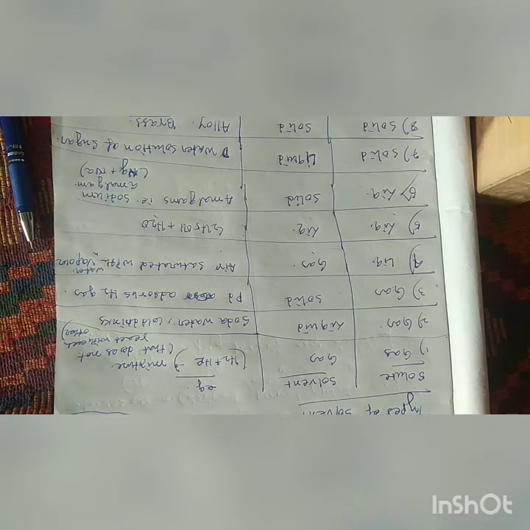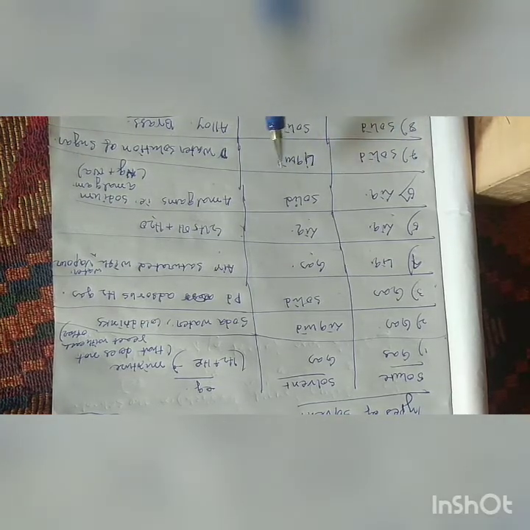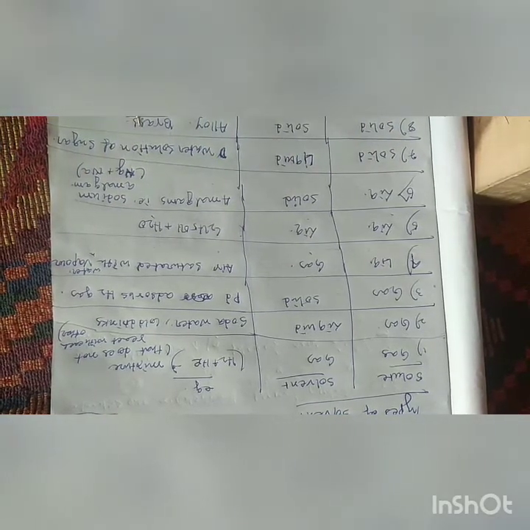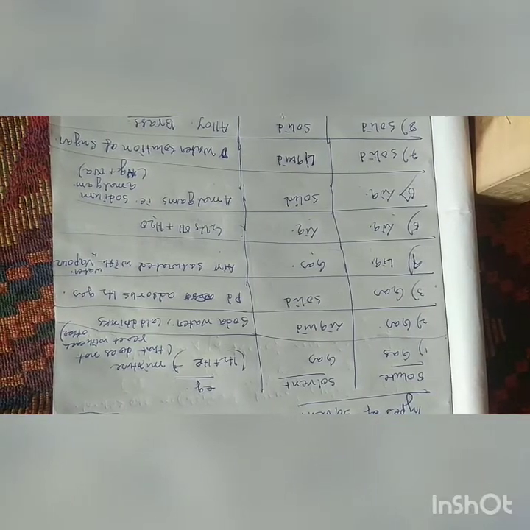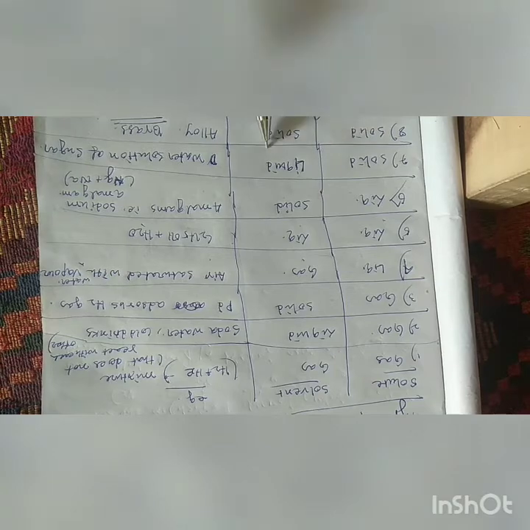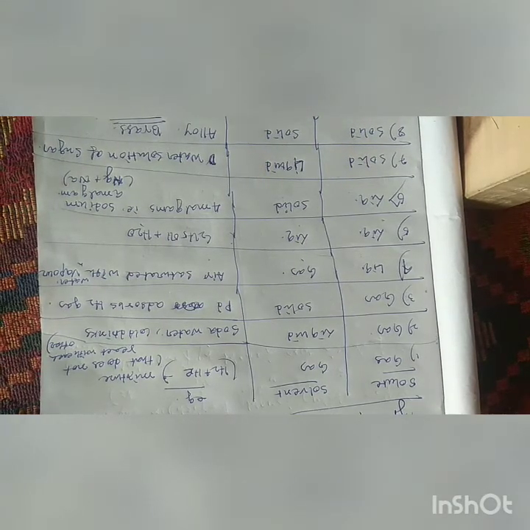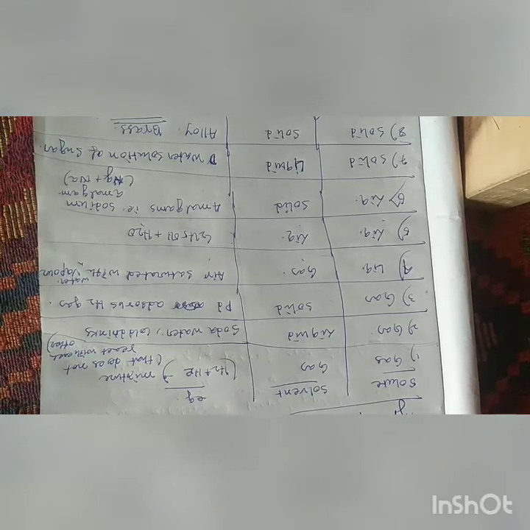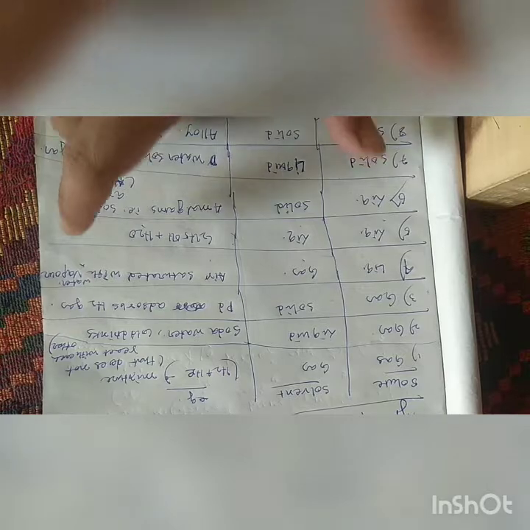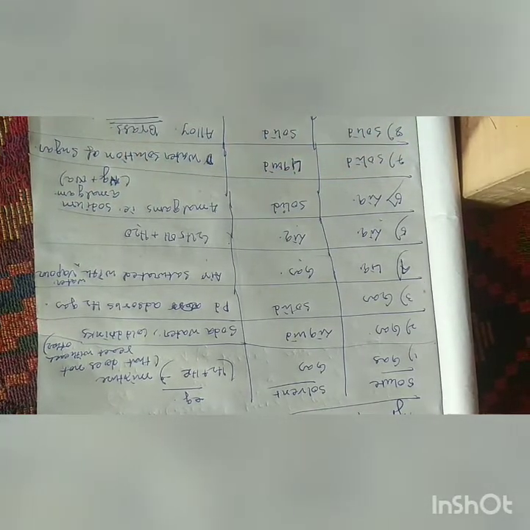And the next is solid solute dissolved in liquid solvent. This is a water solution of sugar or NaCl. And the last one is solid in solid, where solute is solid and solvent is solid, that is any alloy, maybe brass, maybe bronze, etc. So these are the examples and the types of solutions.